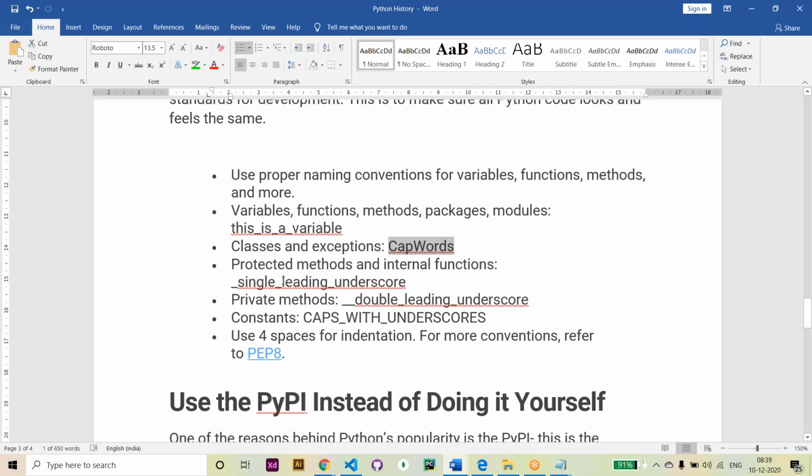okay. And protected methods and internal functions, single leading underscore. So here you can use the underscore before starting the variable. Here they said protected methods and internal functions. Internal functions means we have some inbuilt functions, inbuilt methods, keywords like that. So protecting them, you can start with the underscore so that it will be clear. It is a user defined variable, user defined function, user defined object like that, okay. So that it will be easy to identify. It is user defined, and when executing your code, the interpreter will understand this is user defined,